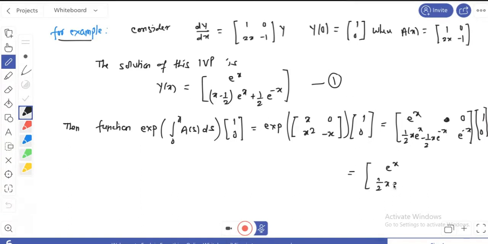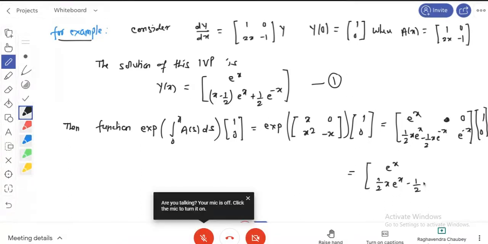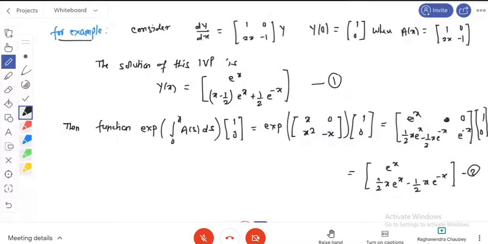यहाँ पे हम सिर्फ आपको रिजल्ट दे रहे हैं, आप इसे खुद से वेरीफाई कर सकते हो, एक्सपोनेंशियल मैट्रिक्स हम कैसे निकालते हैं। तो आइगन वैल्यूज आइगन वेक्टर से आपने निकाल लिया, फिर मल्टीप्लाई कर लिया, एक्सपोनेंशियल ऑफ दैट, द सॉल्यूशन ऑफ दिस इज 2. Okay, so from